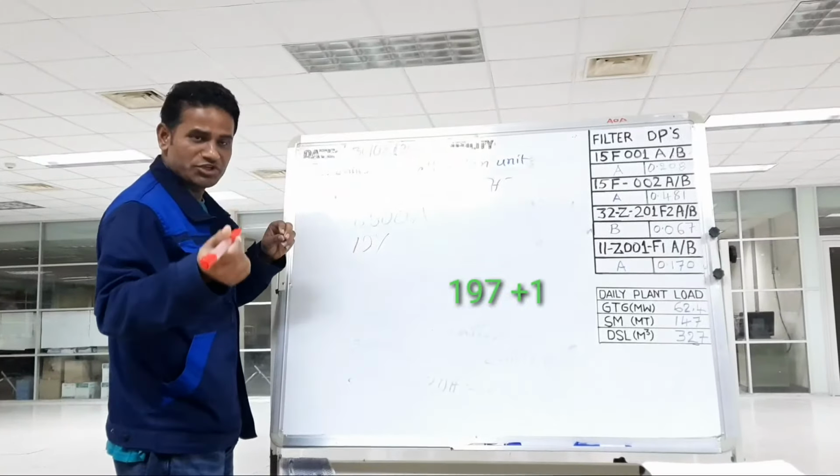But how much are we discharging? We are discharging continuous flow. Continuous flow, how much are we keeping? 99.7 meter cube. Because in our chlorination area there are two modes. One is continuous mode, another is continuous and shock dosing mode. Now we are running the plant in continuous and shock dosing mode.